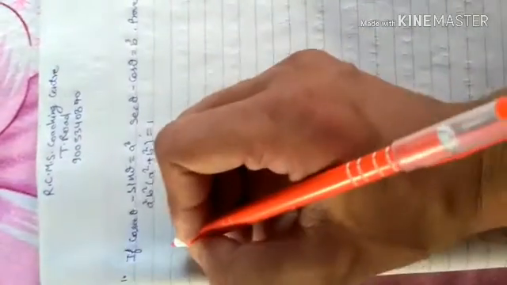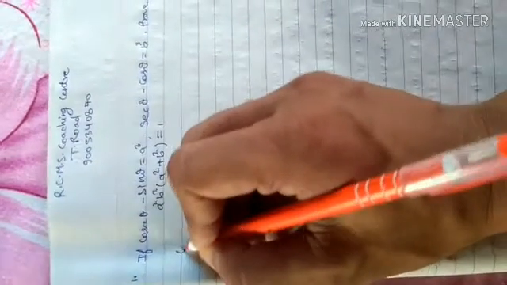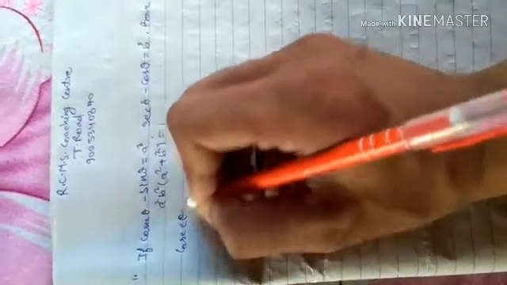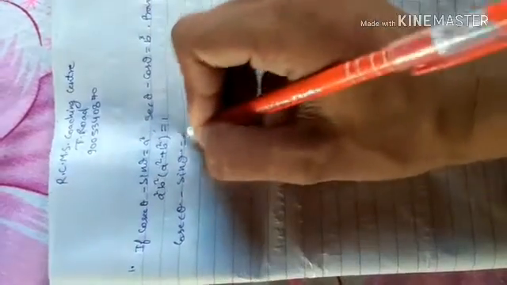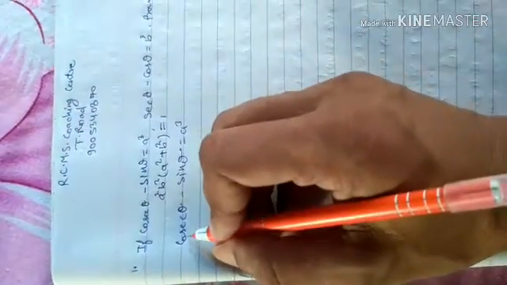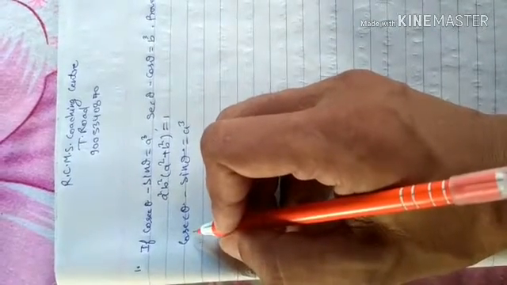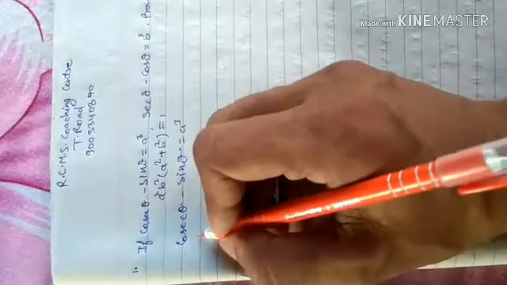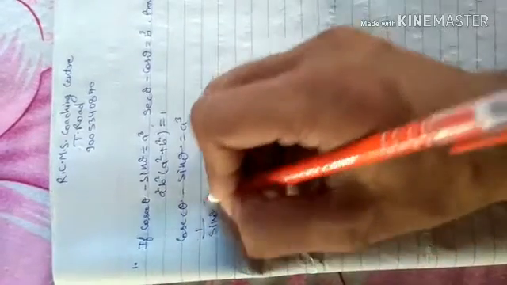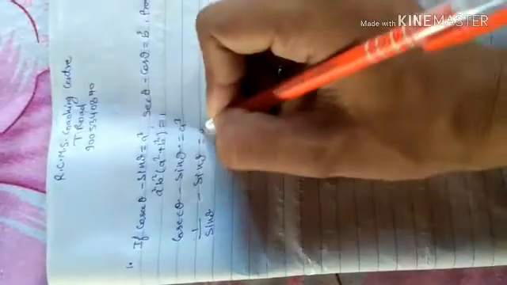In this video we have to prove that a square plus b square, in bracket, a square plus b square is equal to 1, if cosec theta minus sin theta is equal to a cube and sec theta minus cos theta is equal to b cube. Then cosec theta minus sin theta is equal to a cube. From this value we can change the cosec theta into 1 by sin theta: 1 by sin theta minus sin theta is equal to a cube.